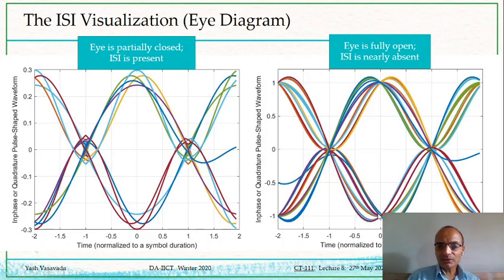At t equal to 0, there is no interference. If I move even a little bit away from t equal to 0, then yes, there is interference. But right at the correct sample instant, if my receiver is somehow able to latch on to the right timing, then there is no interference. So again, how to make sure that the receiver picks up this correct sample at which the eye is maximally open is not the topic of this course, but is something for you to be aware of.